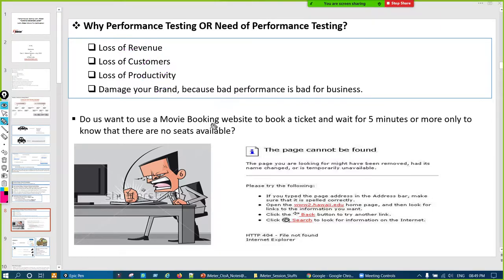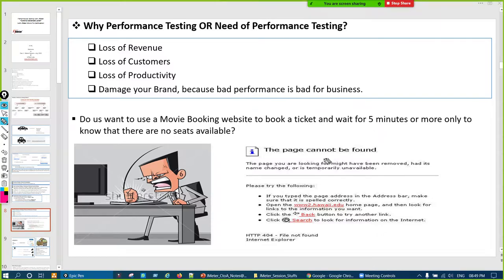An example: let us say we are booking on a movie booking website, and the whole transaction takes 5 minutes or more. In that time we come to know that other people have booked all the seats, and I was not able to do it efficiently, but some other people in the middle did, and the movie tickets were all sold out.